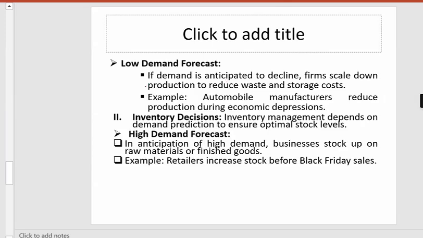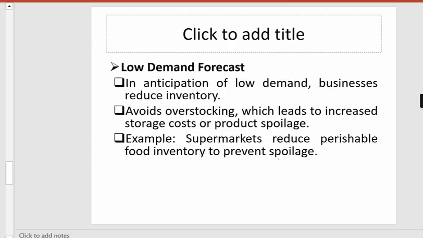So, likewise for inventory management, it depends on the demand prediction. If there is anticipation of high demand, stock up. That means you have to what? To increase what? Stock ili uweze kumeet zile demand za watu. Sawa. Similarly